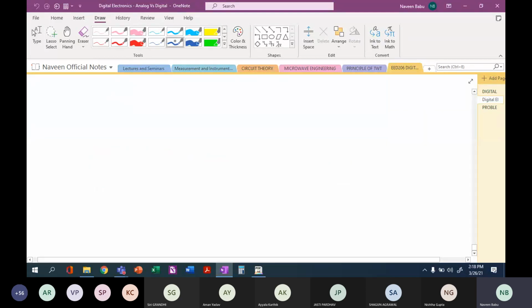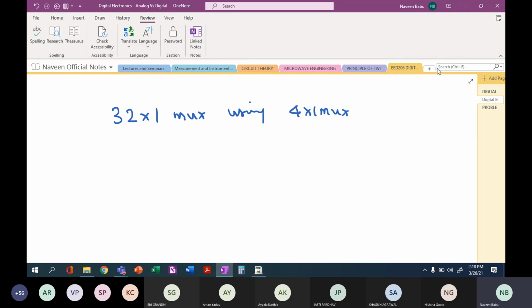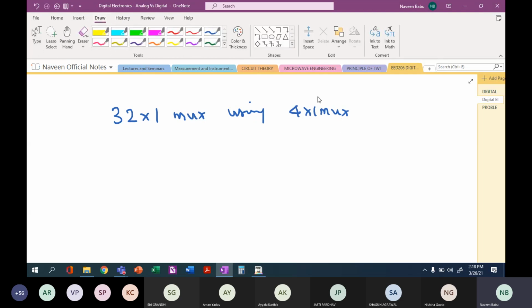Okay, so let me write clearly here. I need to design a 32x1 mux using 4x1 mux. Mux means multiplexer. So how many 4x1 mux? 4 eights are 32. So I need 8 numbers. So do not decide at the start of your designing itself how many 4x1 and 2x1 multiplexers are required. No need to decide at the start of the problem. Just immediately you require